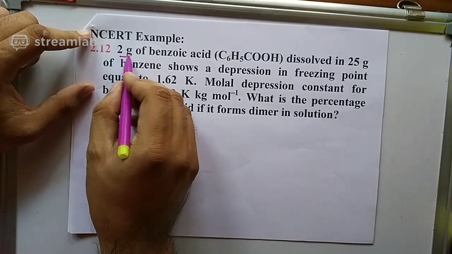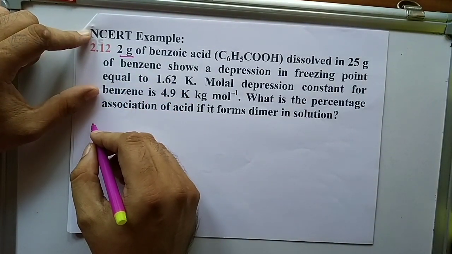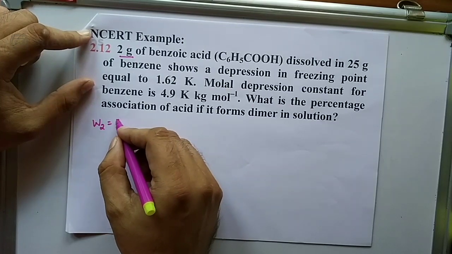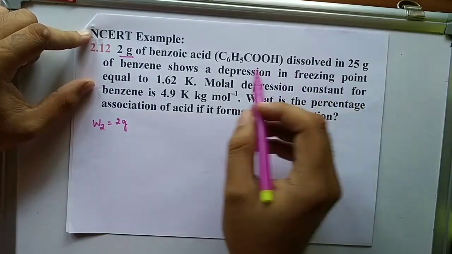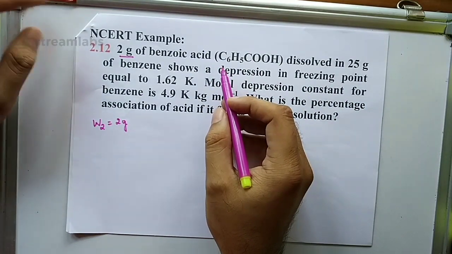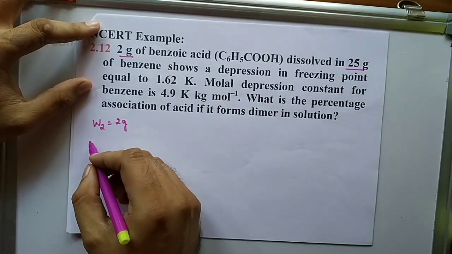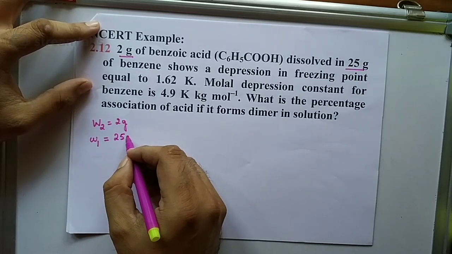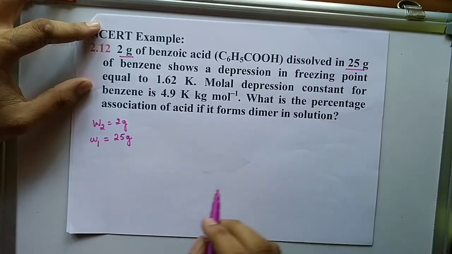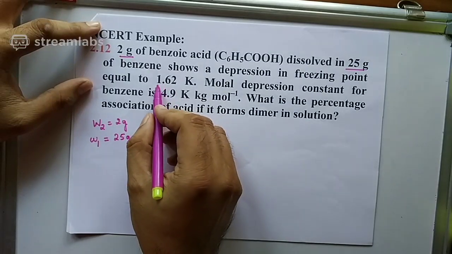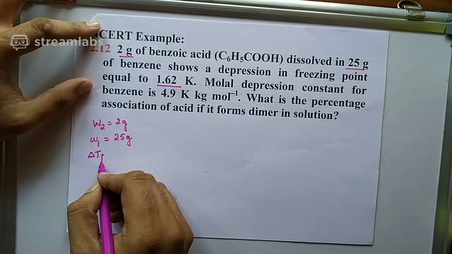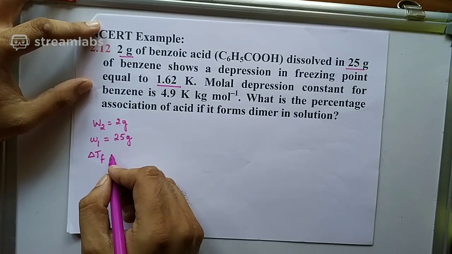What is this? 2 gram. So W2 is equal to 2 gram of benzoic acid is dissolved in 25 grams of benzene. So W1 is given. W1 is equal to 25 grams. Shows a depression in freezing point equal to 1.62 Kelvin. Depression in freezing point is to be written as delta TF. Delta TF is equal to